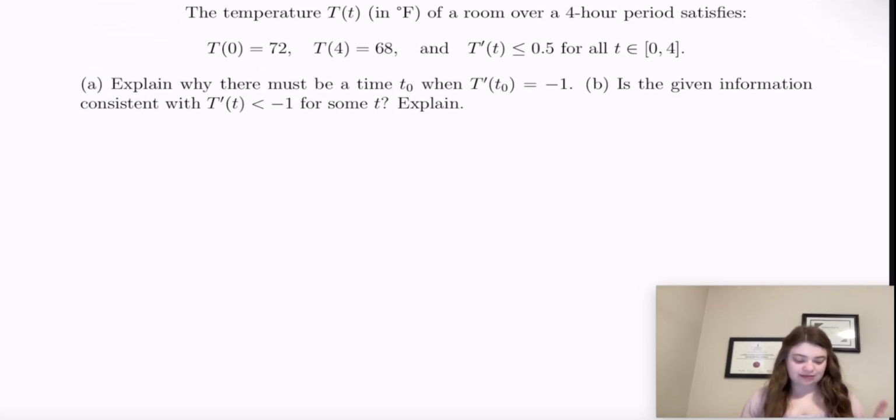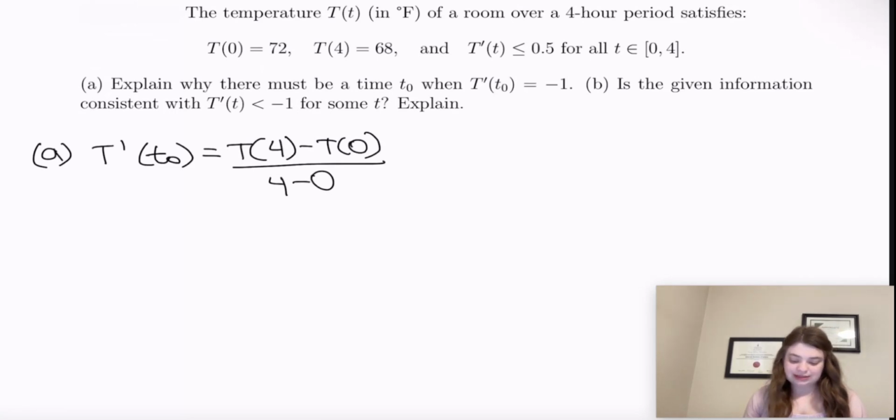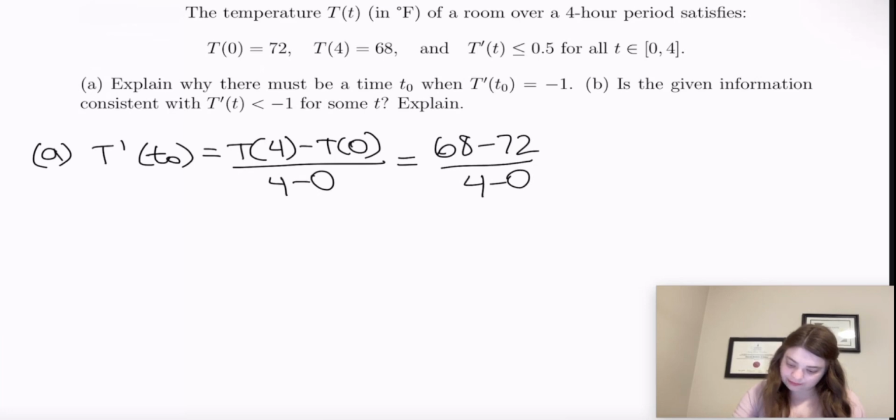Well, the thing is that we first need to find the average rate of change. So what's the average rate of change over the interval? The average rate of change over the interval, according to mean value theorem, must at some point be equal to T of 4 minus T of 0 over 4 minus 0, which is 68 minus 72 over 4 minus 0, which is equal to -4 over 4, which is equal to -1. And so by the mean value theorem,